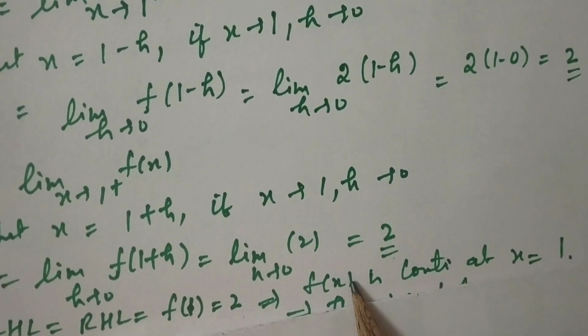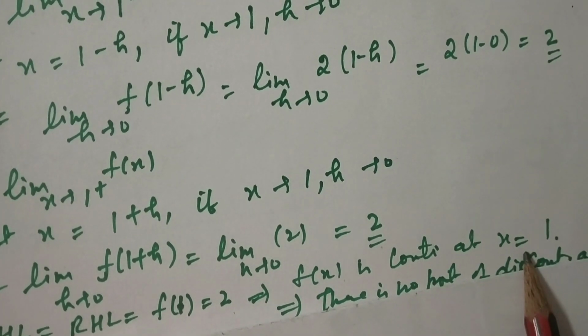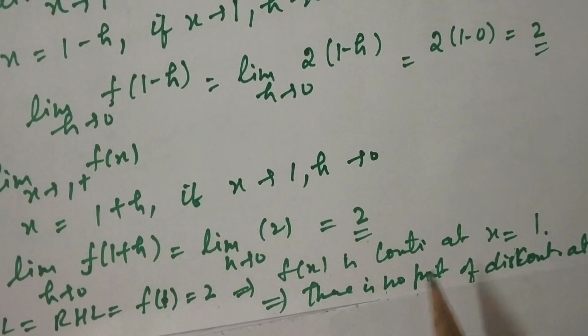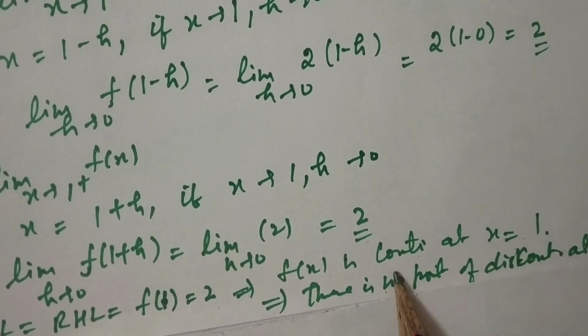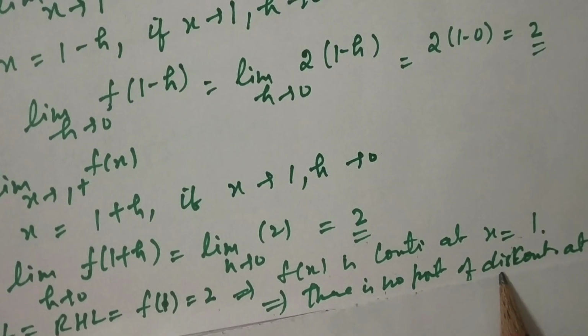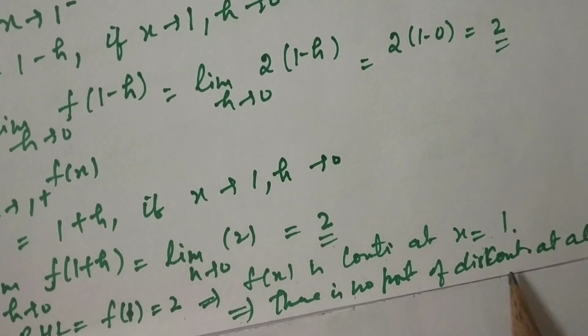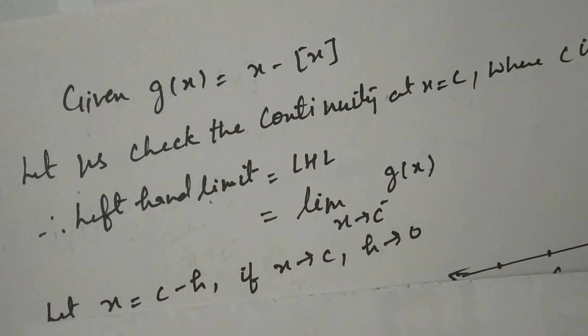So at this point the function is continuous, and since 2 critical points were given, at the point -1 as well as at the point 1 the function is continuous, so we can write the statement that there is no point of discontinuity at all. Fine. Now I'll take the question number 19,